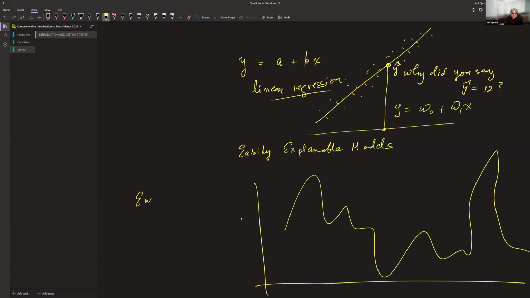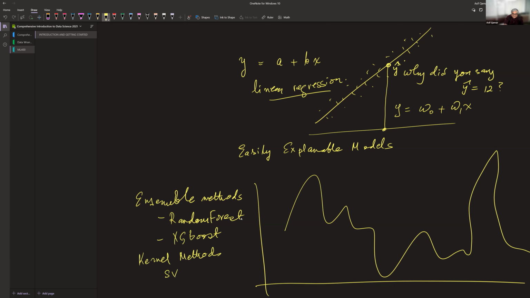You would be doing ensemble methods, like random forest, and gradient boosting, XGBoost. You would be doing kernel methods,